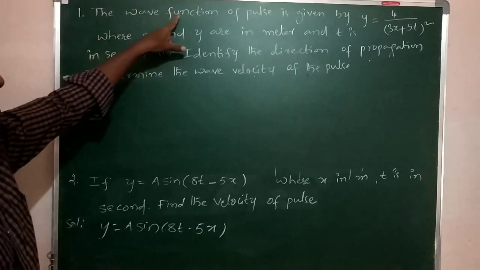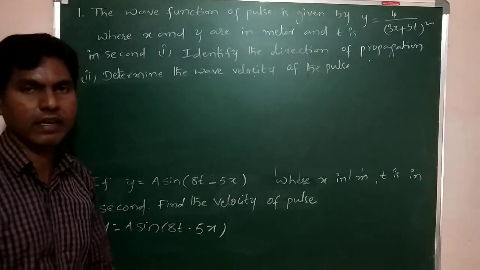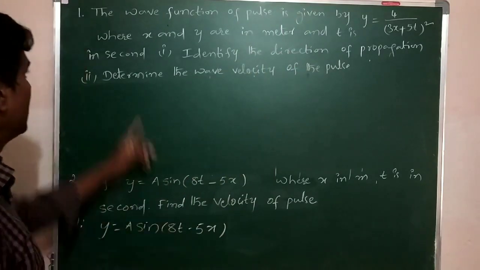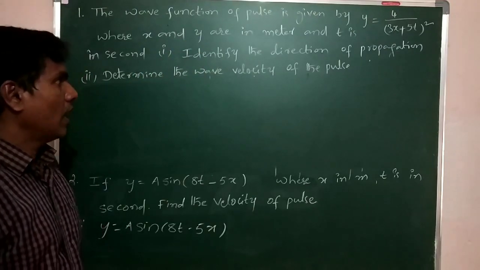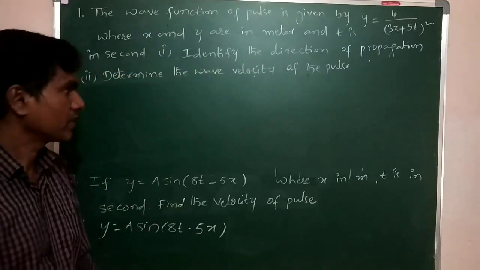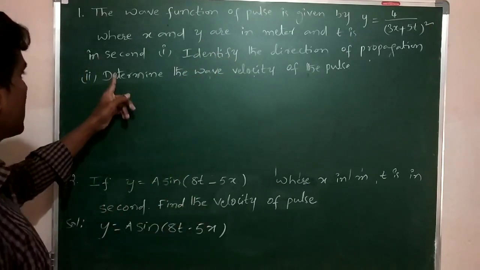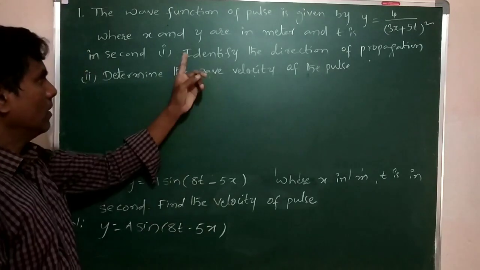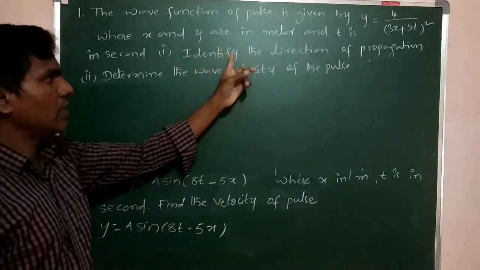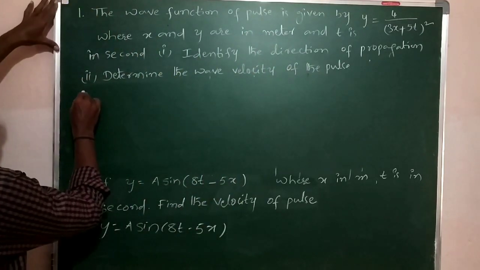The wave function of a pulse is given by y equal to 4 by (3x plus 5t) whole square, where x and y are in meters and t is in seconds. First, identify the direction of propagation, and second, determine the wave velocity of the pulse. So first, identify the direction of propagation. The given wave function is